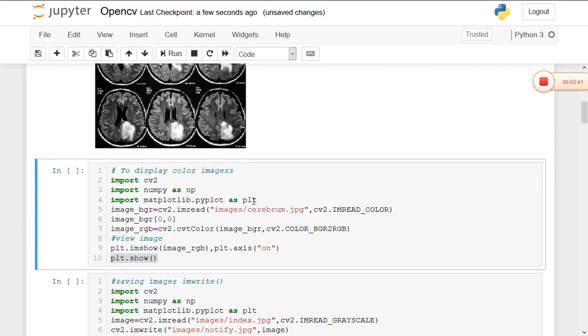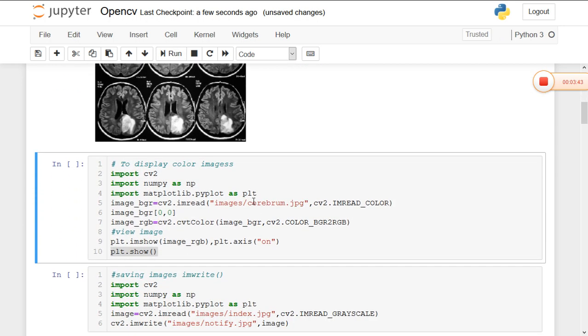Now coming to loading a color image, how can we load the color image? OpenCV uses BGR, but many image applications including Matplotlib use red, green and blue, which means we have to convert it into RGB before displaying the image. To properly display an OpenCV color image in Matplotlib, we need to first convert the color to RGB.